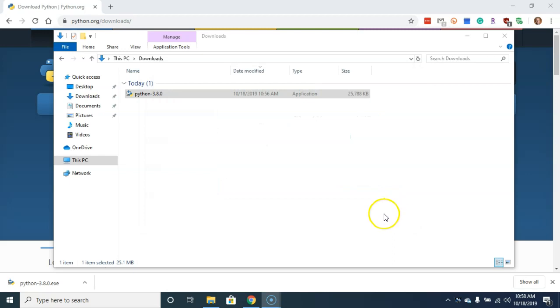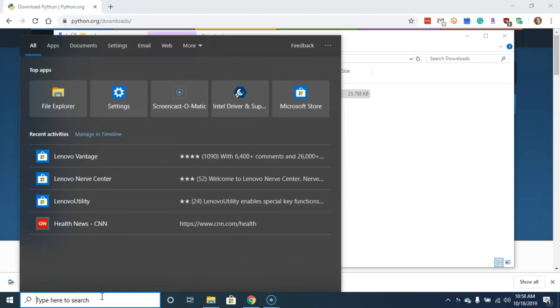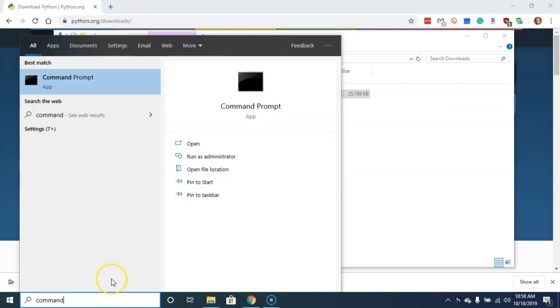The next thing we need to do is check to make sure that Python is installed. The easiest way to do this is to go down to your search box here in the taskbar, and then just type in command, C-O-M-M-A-N-D, and then you should see a result for a command prompt. Go ahead and click on that,